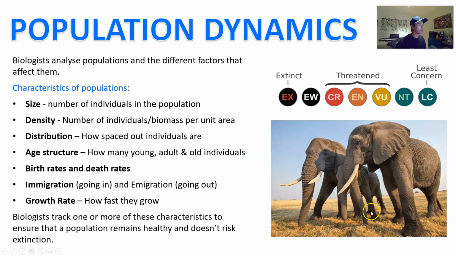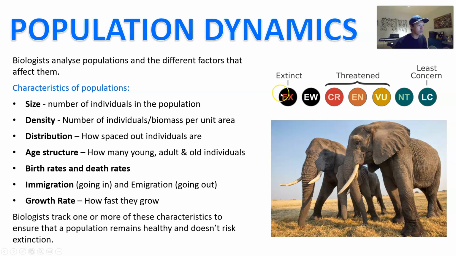Okay, we're going to switch gears. We're going to take a look at population dynamics. Now, this last component is really looking at, on a conservation level, how do we look after a population to prevent the population from going extinct or collapsing as a result of that, right? So biologists are really interested in this particular area of ecology because you want to analyze the population. You want to identify what are some of the big factors that are affecting this population to make sure that they survive and to save the population if they are struggling, right?